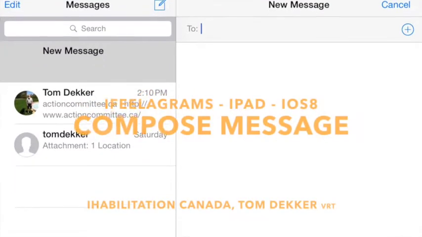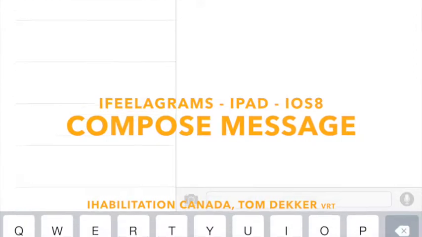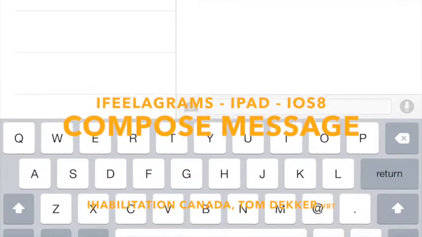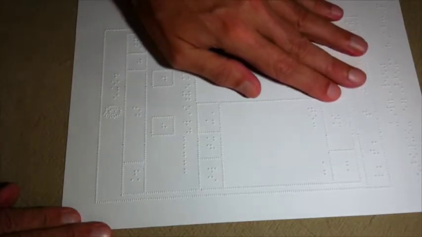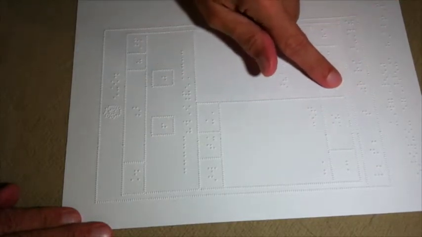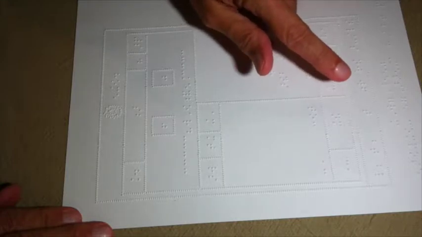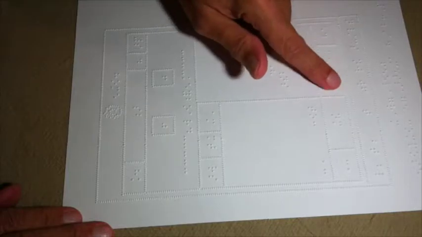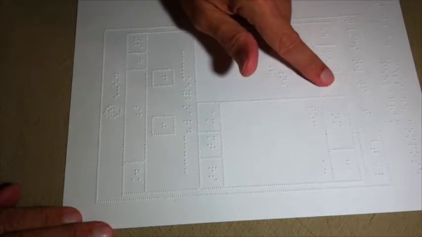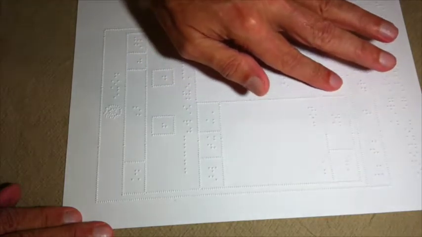This is companion video number 10 for iFeelagrams for iPad, iOS 8, the Compose message screen. The Compose message screen is accessed by double-tapping the Compose button, which appears at the top right-hand corner of the conversation list on the left side of the screen. Press this button, and the conversation area on the right side of the screen will be replaced by a blank